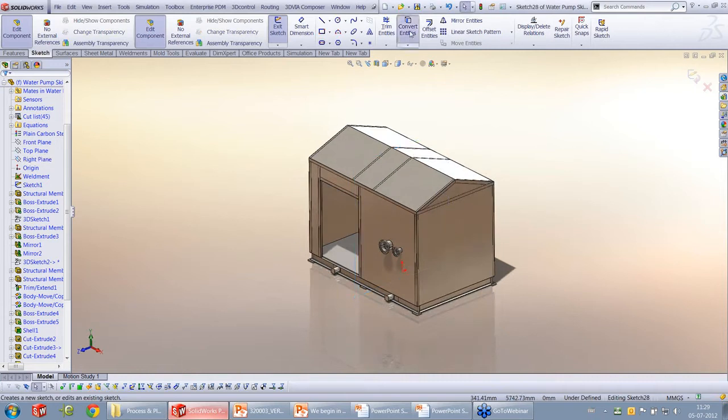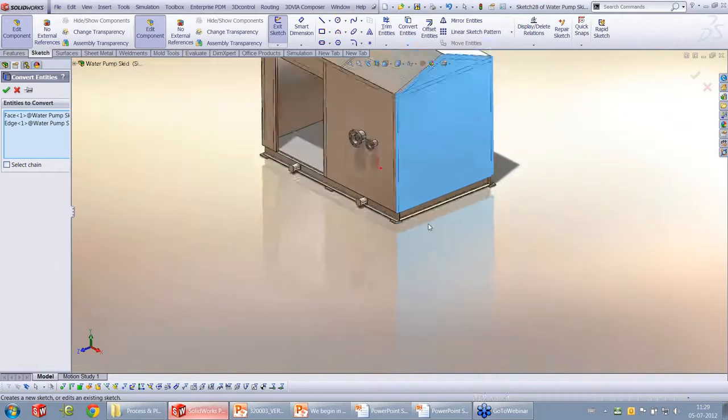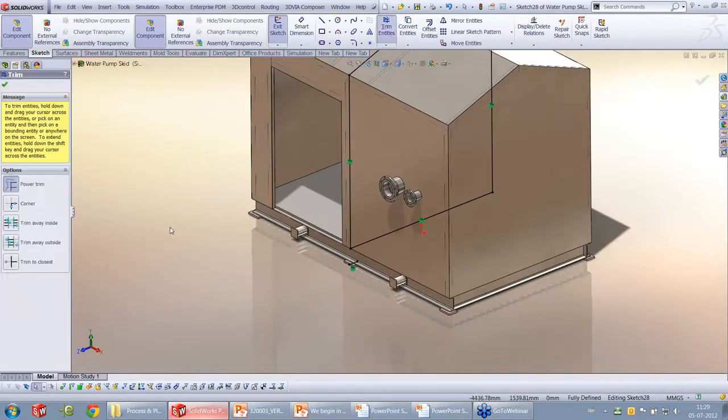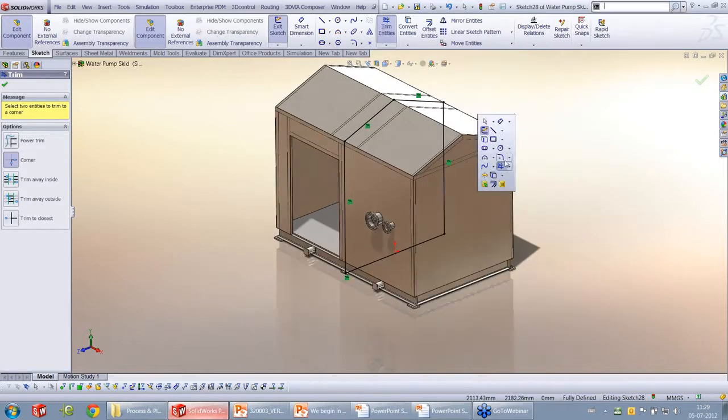Again, we're going to use convert entities. I can just simply pick the face and maybe this edge, and you can see that SolidWorks has created a nice sketch on the right plane. You can get rid of the unnecessary sketch entities. Finally, finish off the sketch. There you go, and extrude it